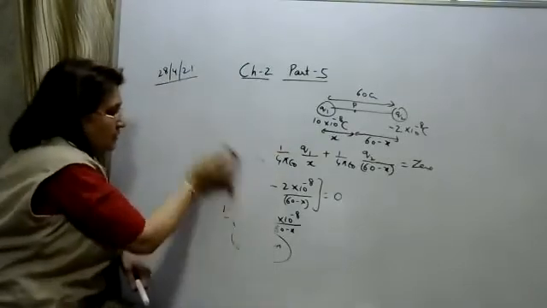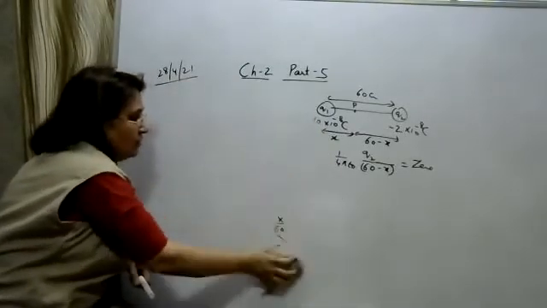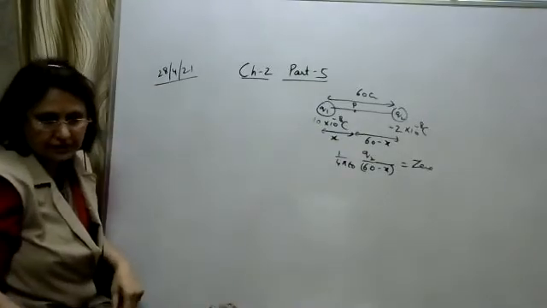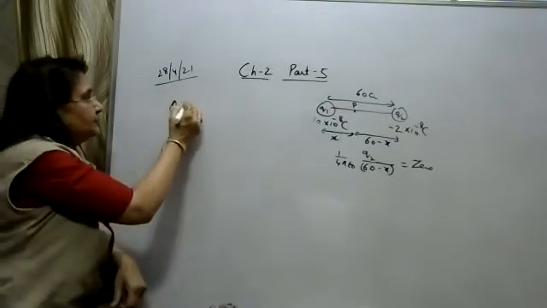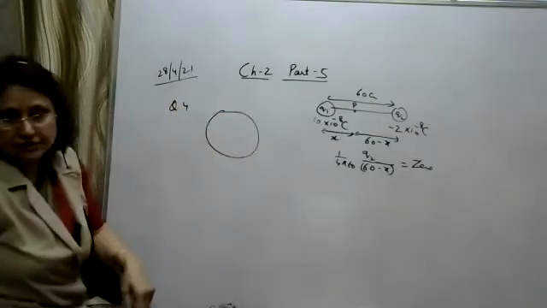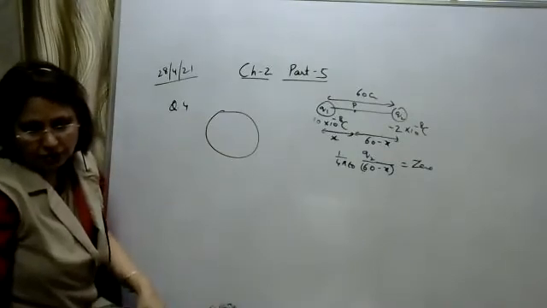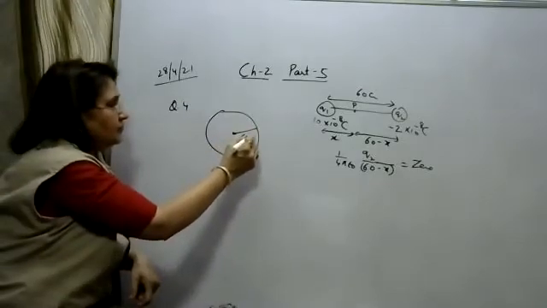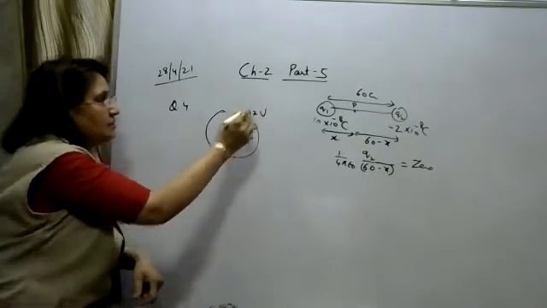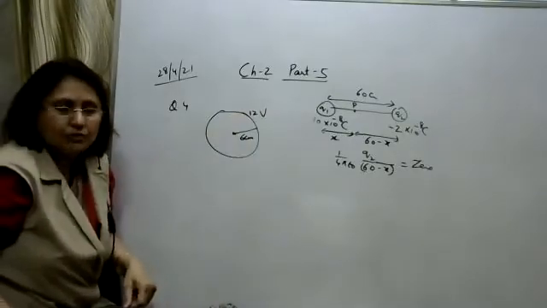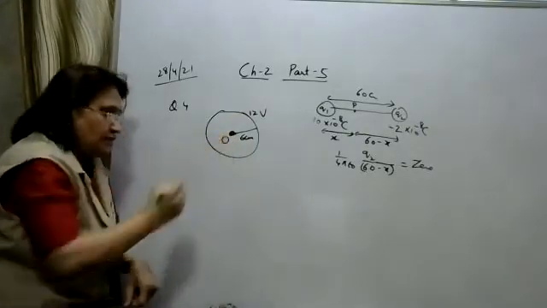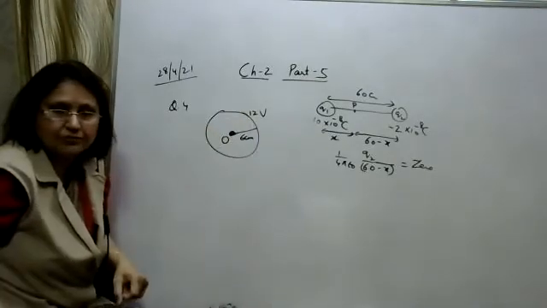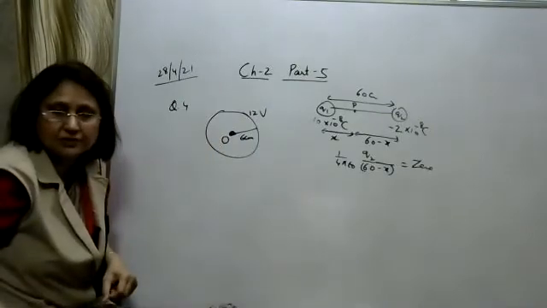Okay, it is like a hollow metallic charged shell. Here it is given that this is a hollow metallic sphere whose radius is 6 centimeter. And on the surface, the potential is 12 volts. What is the potential at the center of the sphere? The potential on the surface is 12 volts. You have to find out the potential at the center of the sphere.